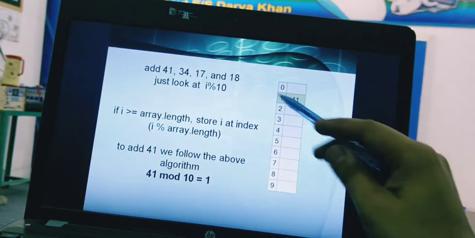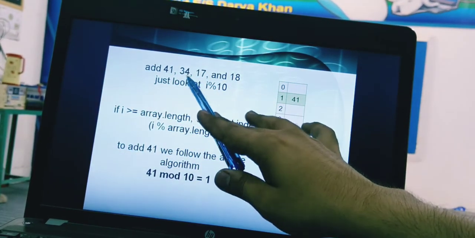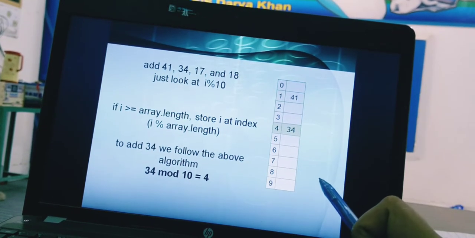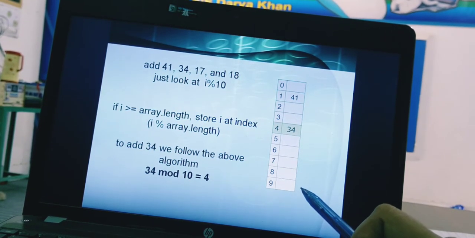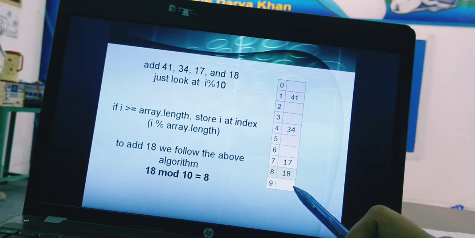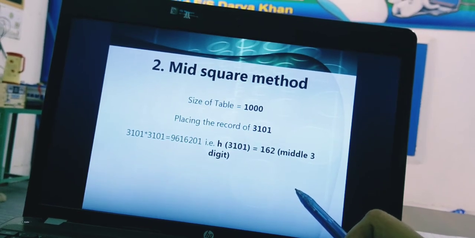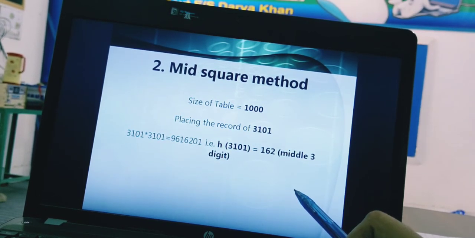For 34 we use 34 mod 10, which gives 4, so 34 will be placed at position 4. Next, 17 will be placed at 7, and 18 will be placed at number 8.